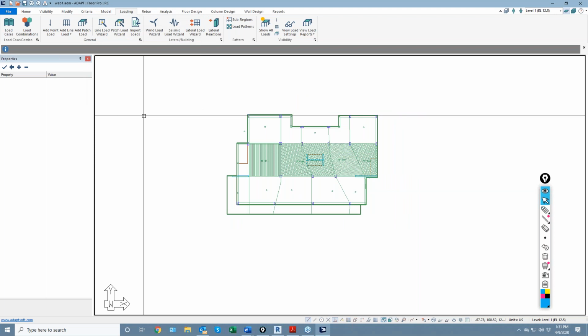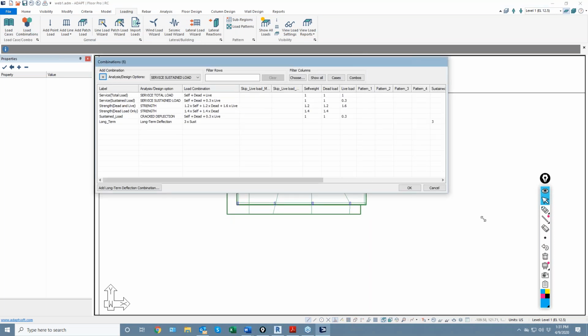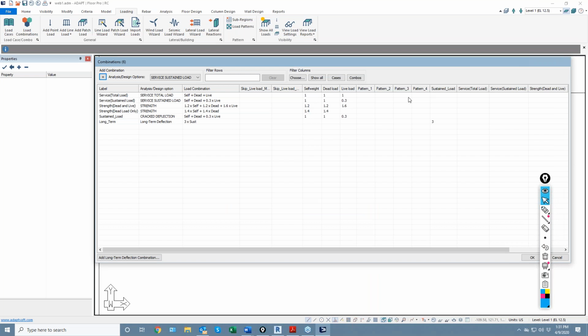Those patterns then get dumped into this dialog. So you can see patterns 1 through 4. Those can then be associated with a combination. And the envelope of patterns, max, min, are also included here and here. And I would recommend, if you're interested in this feature, I would go to that video posted today about load